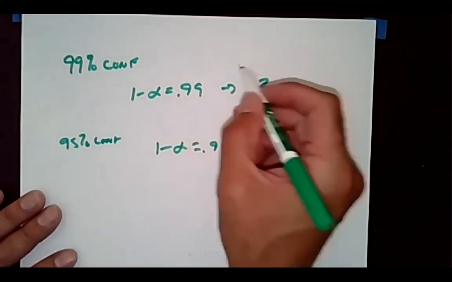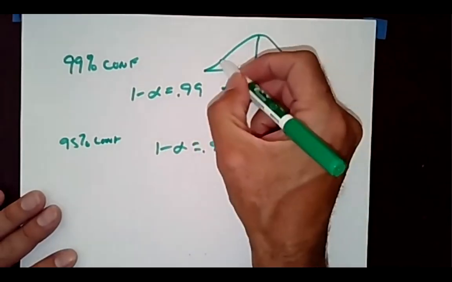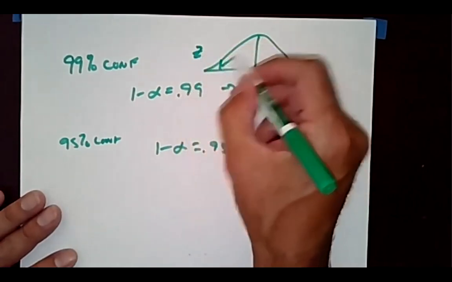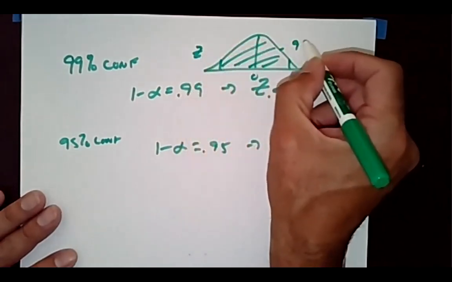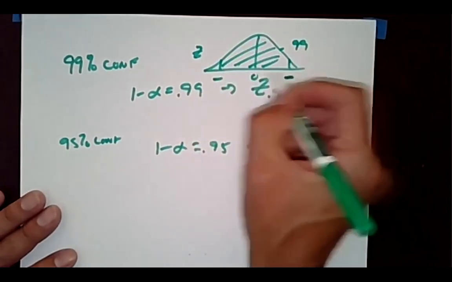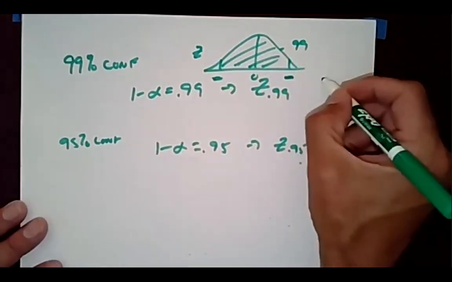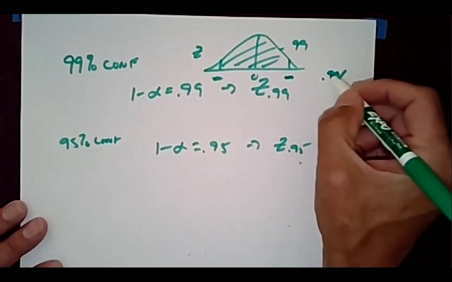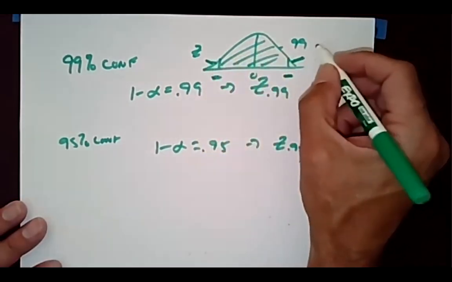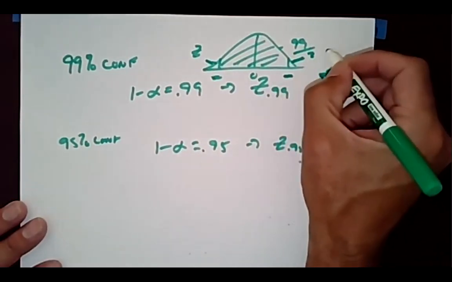With this one here, I have this graph. This is the Z curve. This is 0. All of this is 99%. So I want to know, what is this value here, and this value there? So if I know this area is 99%, 0.99, then 0.99 divided by 2 is